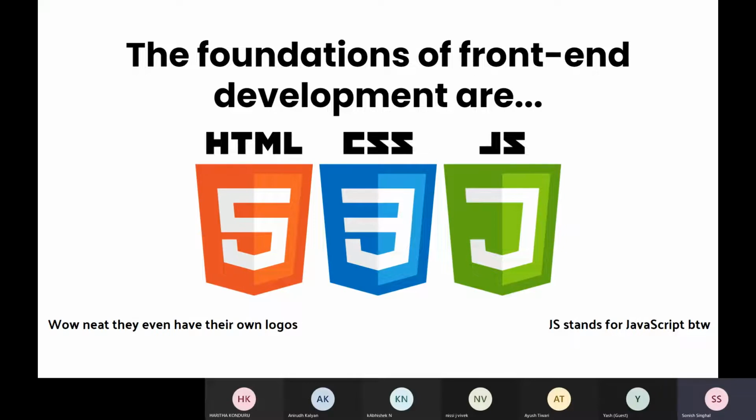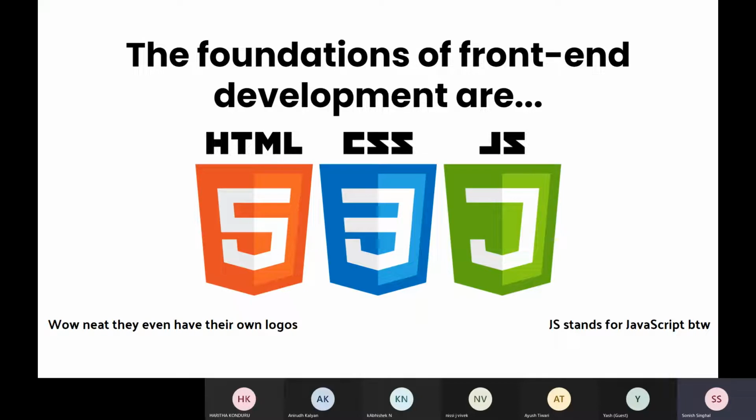The foundation of front end development is HTML, CSS, and JavaScript. Each of them has a separate role. We can understand this with a simple analogy with the human body.